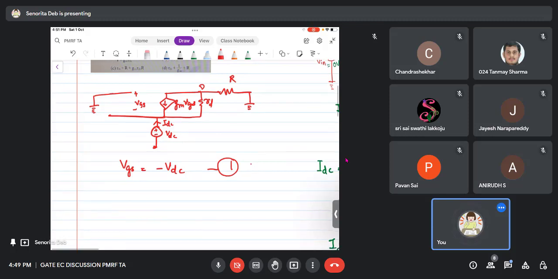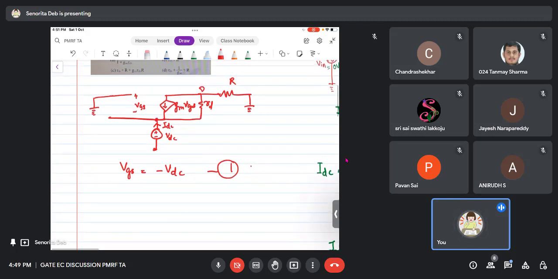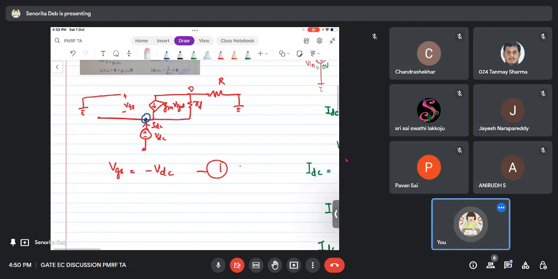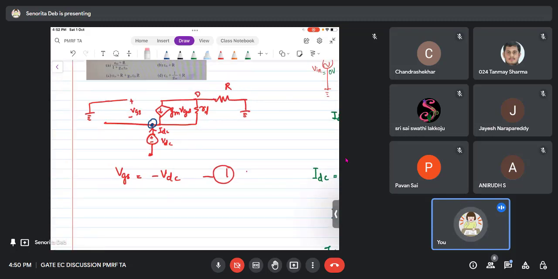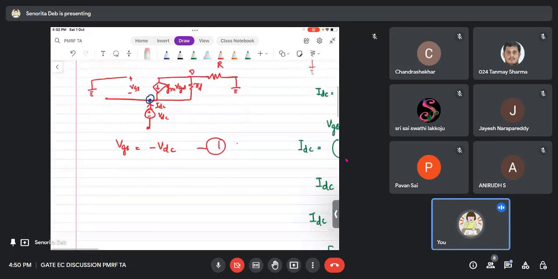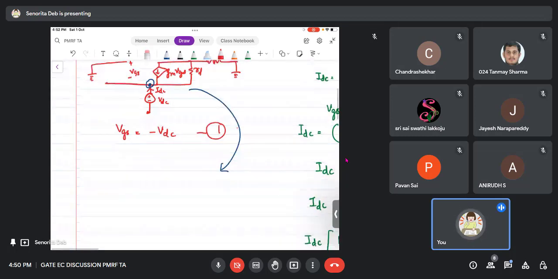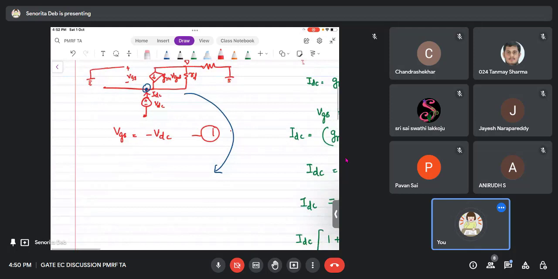Okay, and then next can be a KCL at this point, at the VDC node. So if you put a KCL at the VDC node, IDC is equal to VDC. Okay, so yeah, this is an interesting thing. So what you can do is, this can be simplified and can be easily solved. How to simplify and easily solve? So let me show that. This small signal can be now drawn as